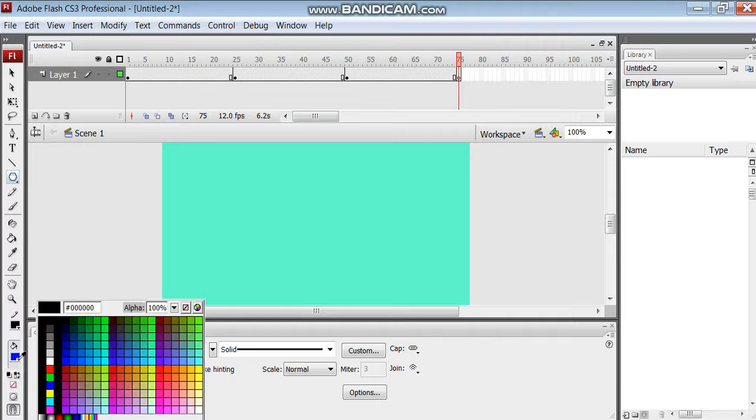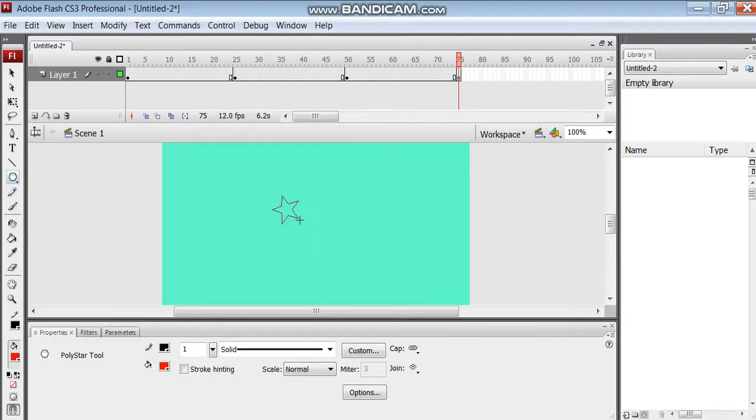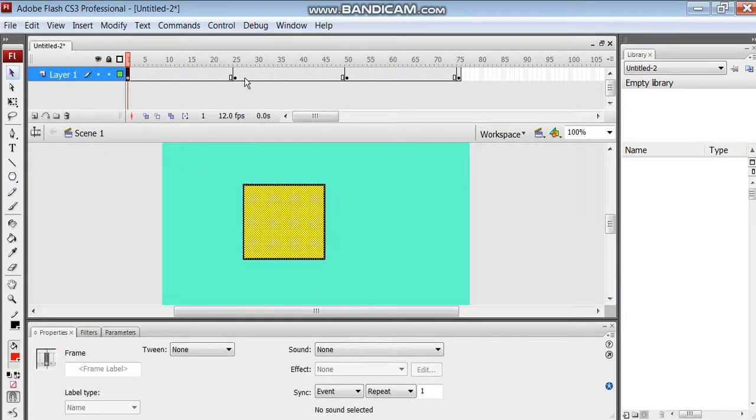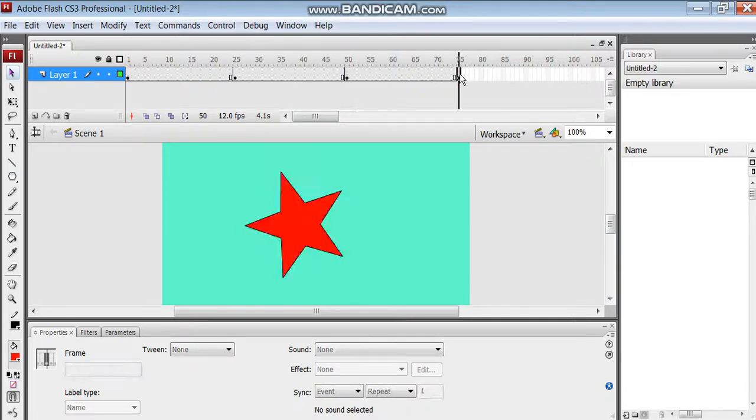I can select a color for the star. Suppose I want a red star. Now I have 4 shapes: one is a square, second is a circle, third is a pentagon and fourth is a star. Nearly all 4 shapes are at one place.